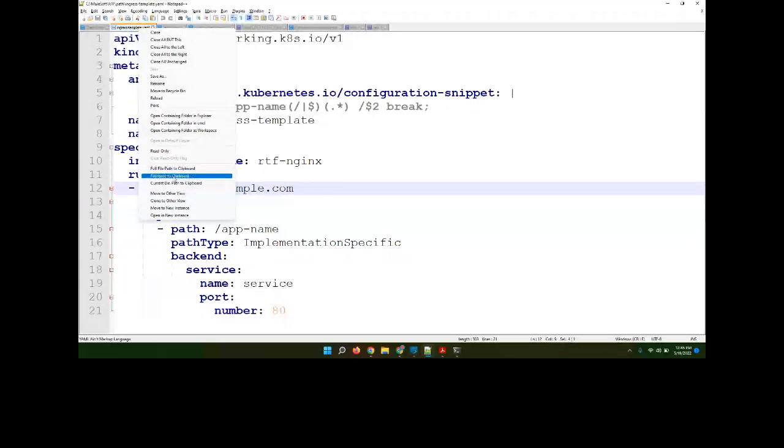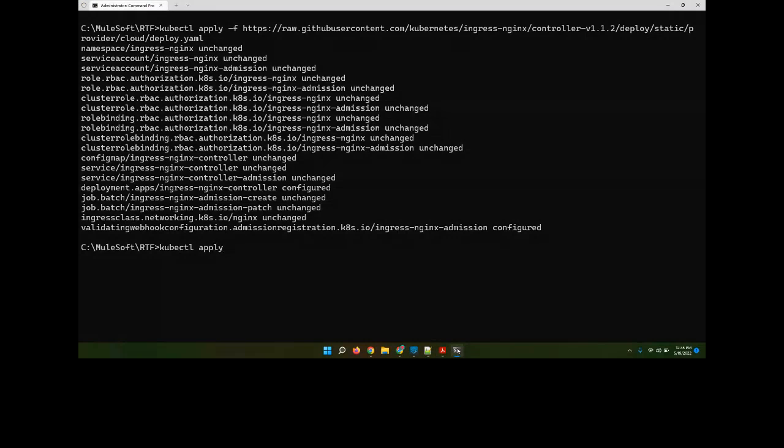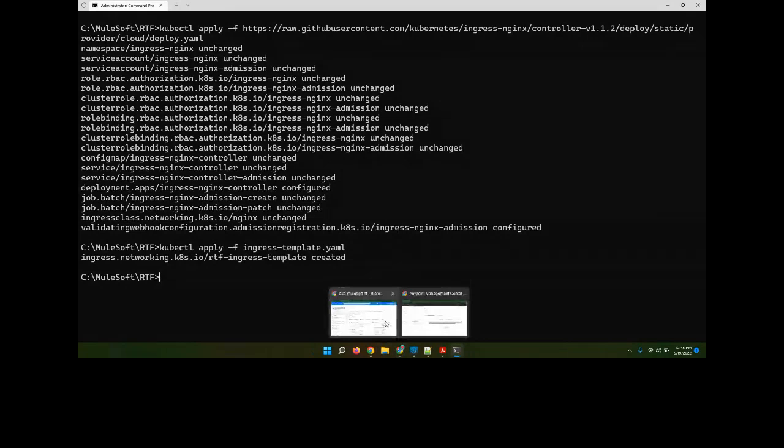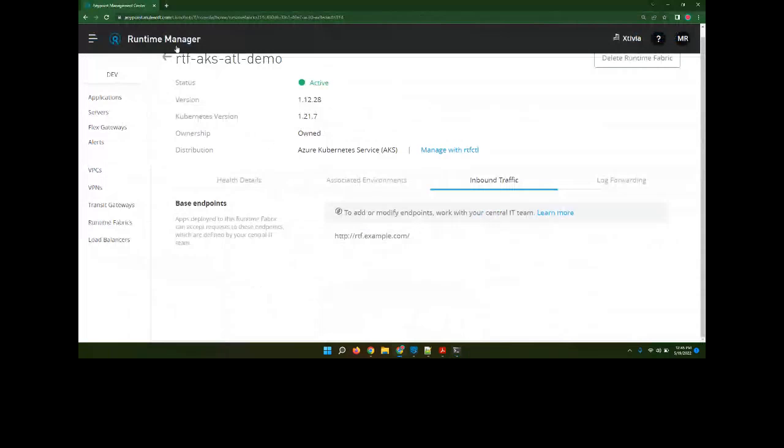The command for that is kubectl apply -f, and apply this. Okay, that's applied. So now let's go back to the runtime fabric. Now see what changed. I didn't refresh anything here. The inbound traffic warning is gone automatically, and I see a nice base endpoint here,